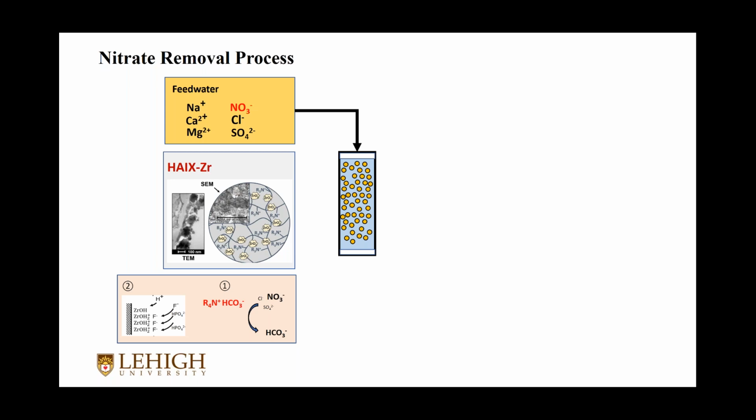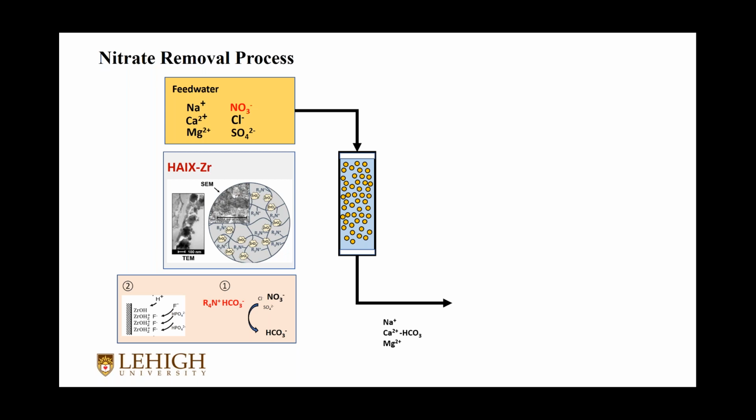This resin contains two kinds of functional groups. The first one is the traditional functional group from the resin, which does traditional ion exchange, meaning it exchanges nitrate, but instead of releasing chloride, we put bicarbonate in the resin first. So while absorbing nitrate, it releases bicarbonate. The other functional group is the zirconium oxide nanoparticles we fixed into the resin. This resin can also treat other problems, say fluoride. These nanoparticles have high affinity to fluoride, because fluoride sometimes coexists with nitrate